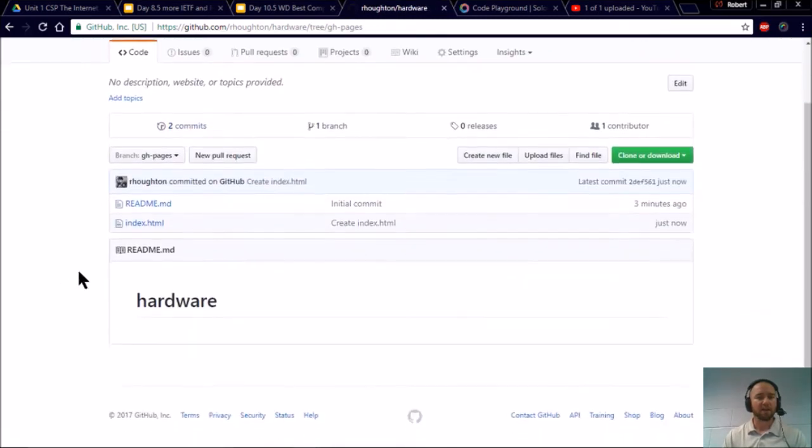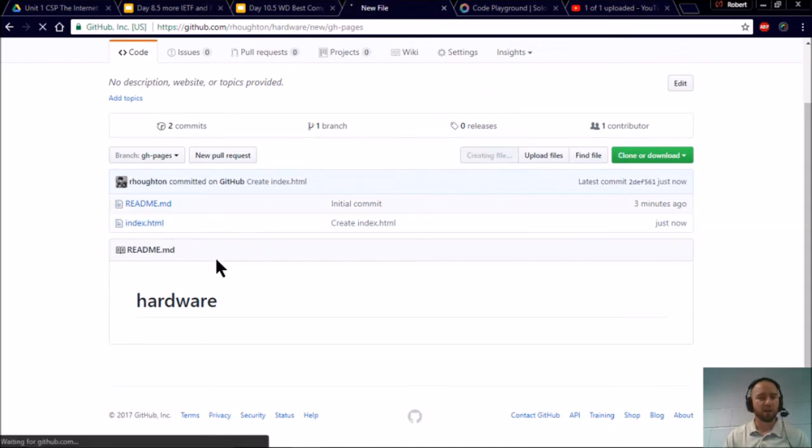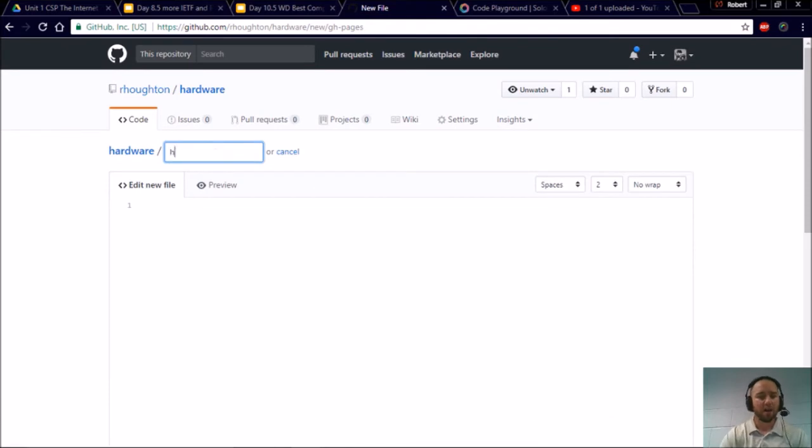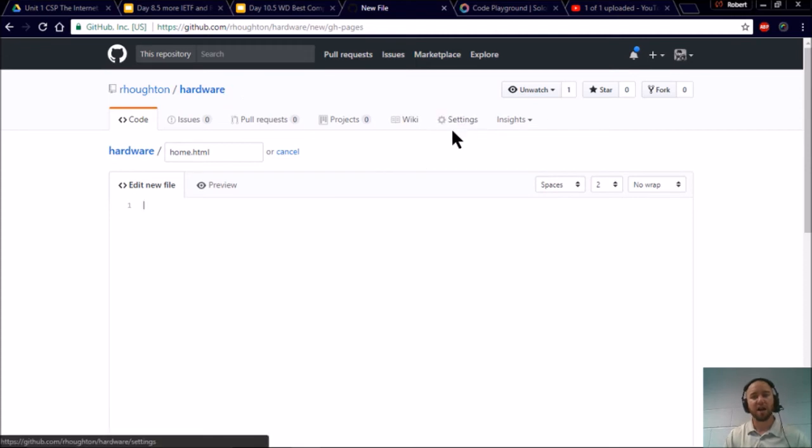So everything else will be extra. If I'm pretty advanced and I'm ready to go and create that home.html file, I can. And let me show you something really neat. If you are tired of waiting for GitHub servers to automatically show you your progress, you could jump over here